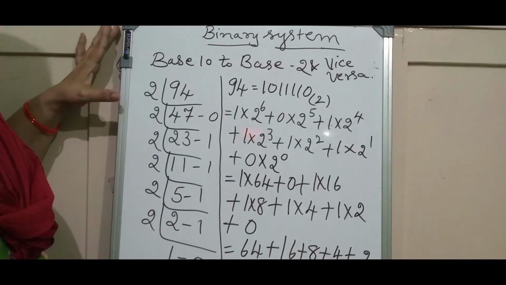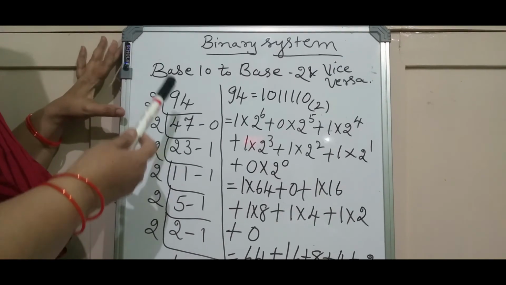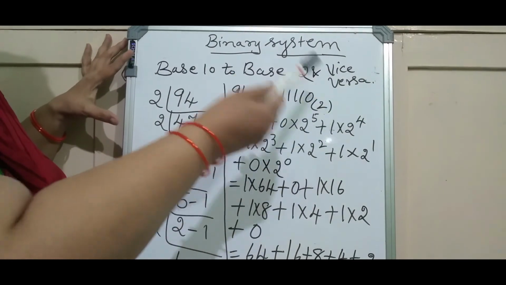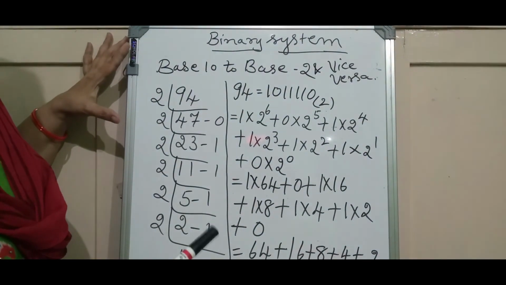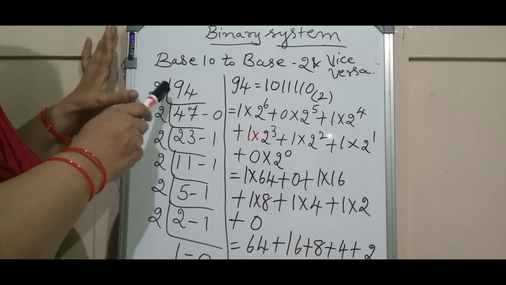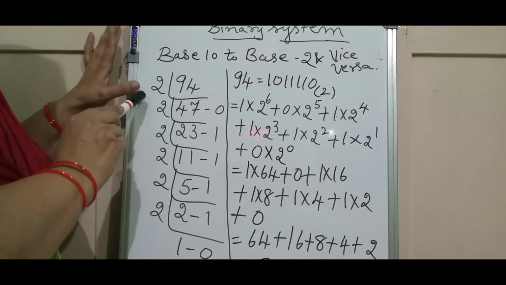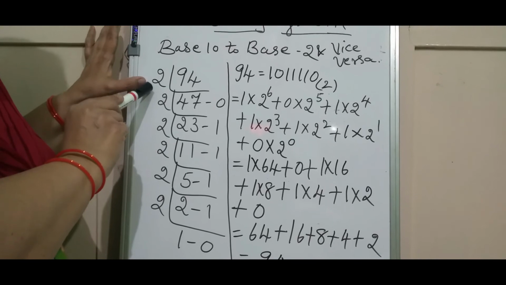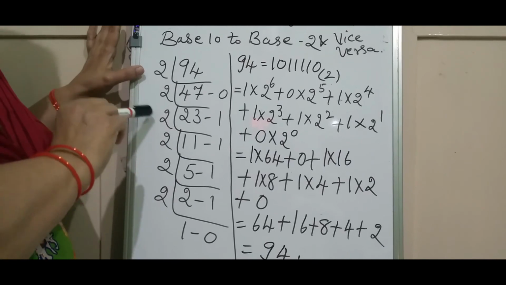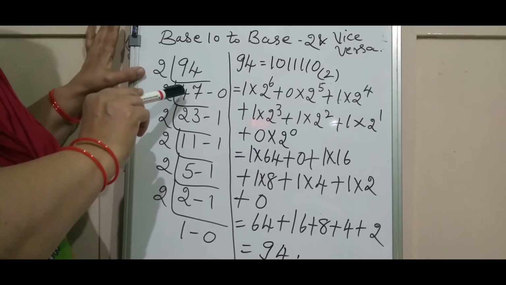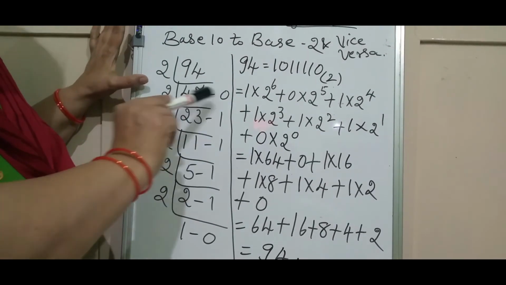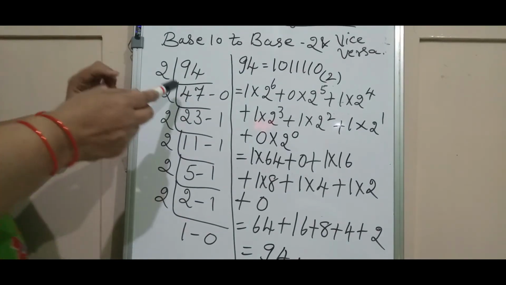Here you can observe, I am showing you one more example, that is conversion of base 10 to base 2 and vice versa, that is from base 2 to base 10. So like that I am showing the conversions here. See, the number 94 I have taken here, and as I told you the process, first let us consider the number 2, base 2, because we are converting into base 2. So consider the number 2 and go on dividing it. Here we are writing the quotient first, and then by the side of that we are writing the remainders, and we are repeating the process.